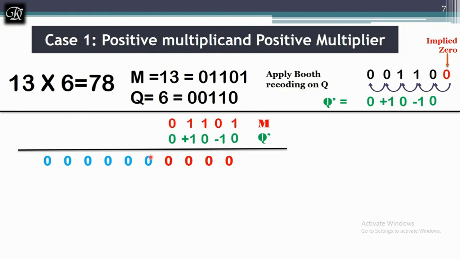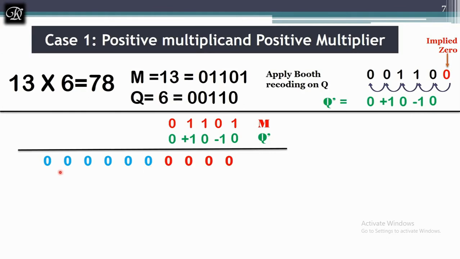And whatever your sign bit is there, the same value will be in the remaining bits. These are the n bits, and these are all the additional n bits I have extended. These values are purely based on the sign bit of the bits I have taken over here. So here the sign bit is 0, so I am marking with 0.